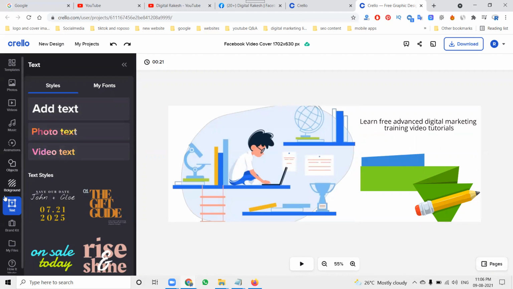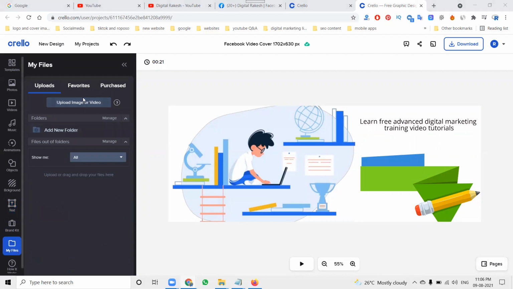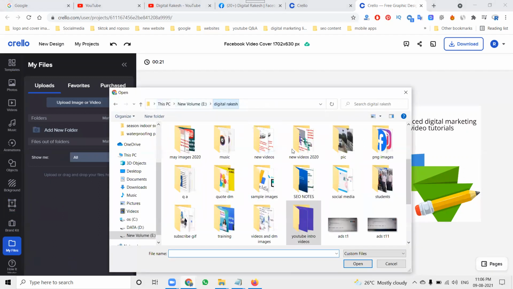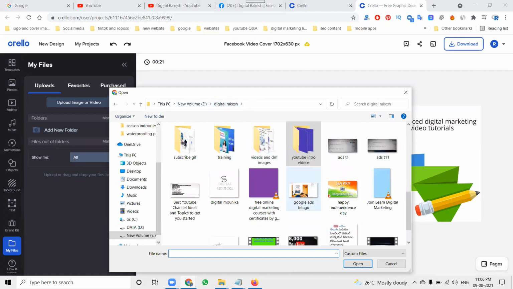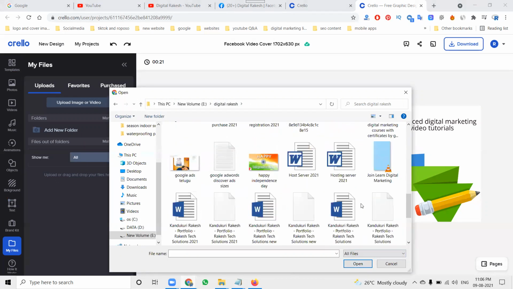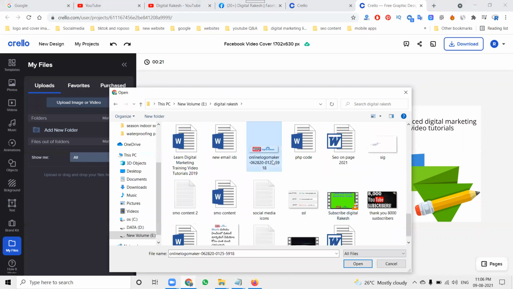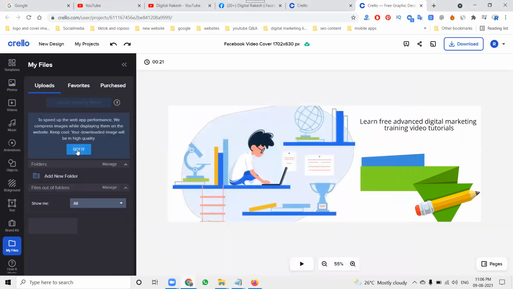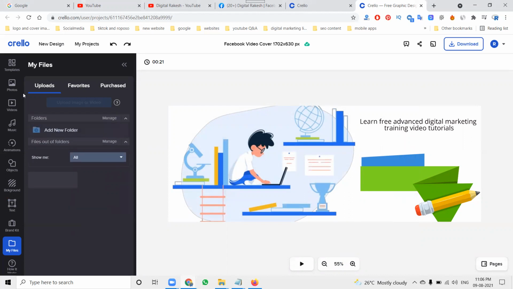Next, here my files, upload image or files. In this, what are the files you can upload? Here it only supports video files, but I'm looking for all files. Image, they can't upload in the image option.